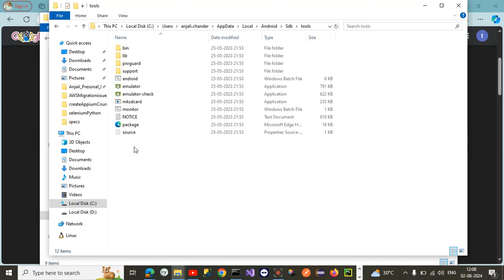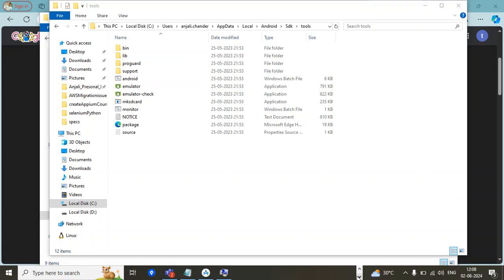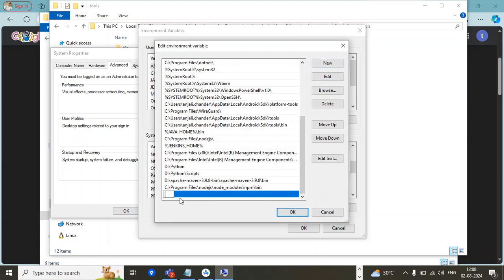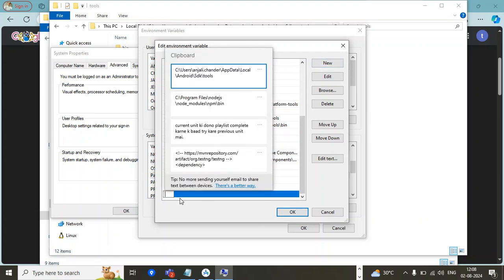Yeah. So next, first copy this path and add it to your environment variables. So the first path for Node.js is added. Now next we are adding the one for Android tools.